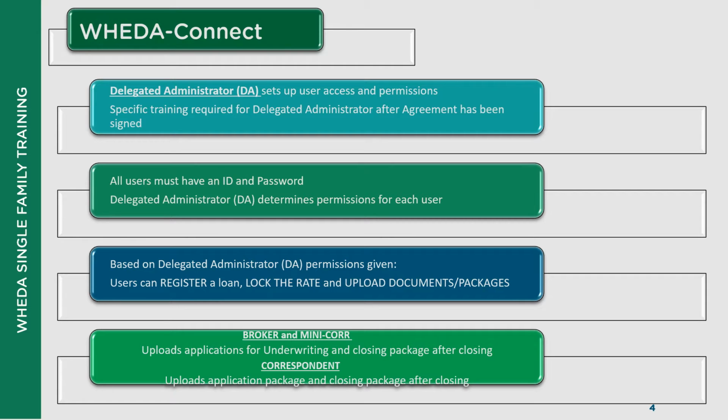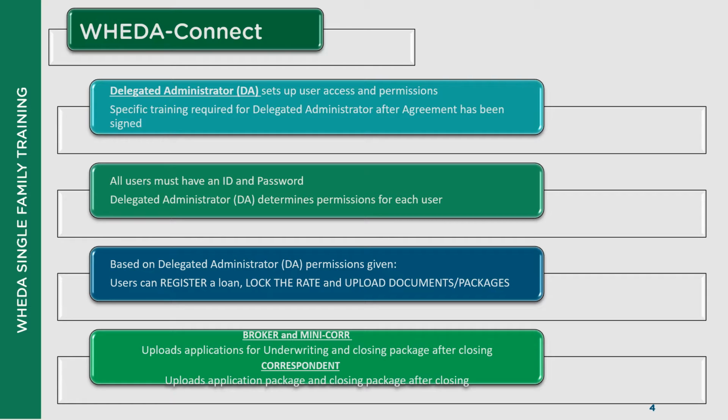WHEDA-Connect is WHEDA's online paperless system that helps our lending partners navigate the WHEDA loan process. Each approved lender has an assigned delegated administrator. This is who you will go to in order to set up your credentials and permissions. There is a separate and specific training for DAs once they have signed the DA agreement. Based on the permissions that you are given, you may be able to register a loan, lock your rate, and